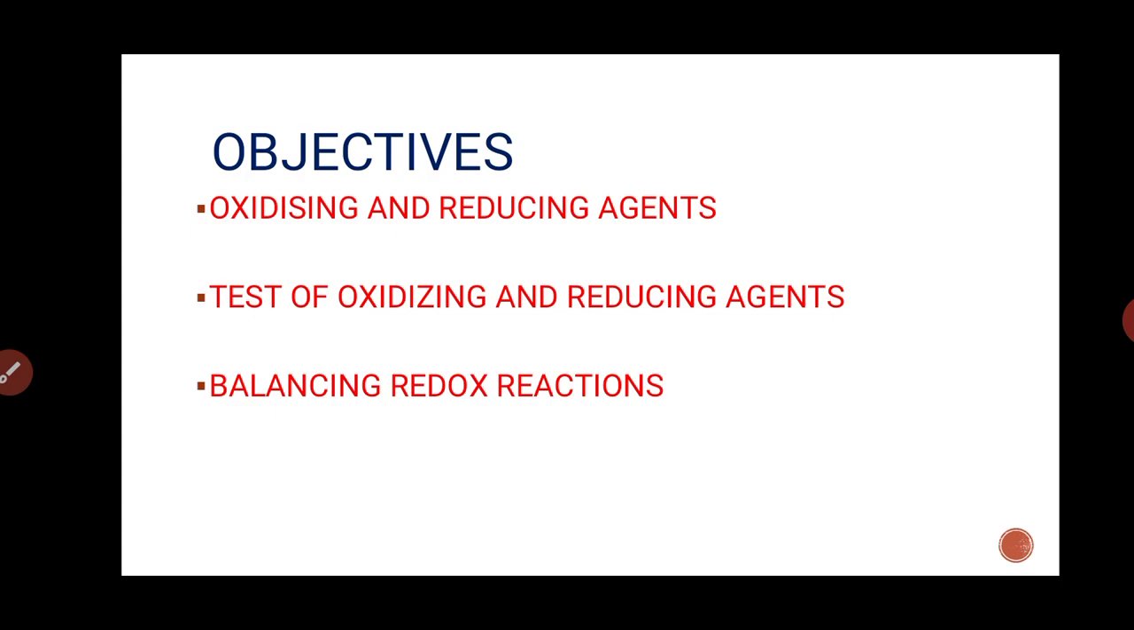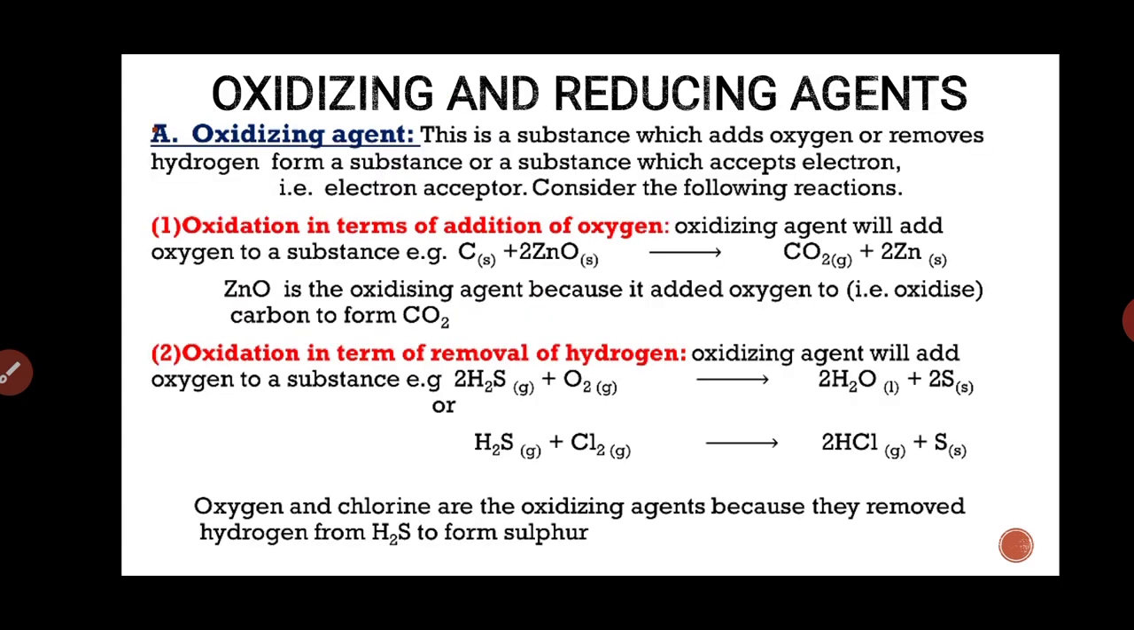I told you that a redox reaction is a reaction in which both oxidation and reduction take place simultaneously at a time. Let's look at the oxidizing and reducing agents. The first one is oxidizing agents. When do we say any substance given is an oxidizing agent? An oxidizing agent is a substance which adds oxygen or removes hydrogen